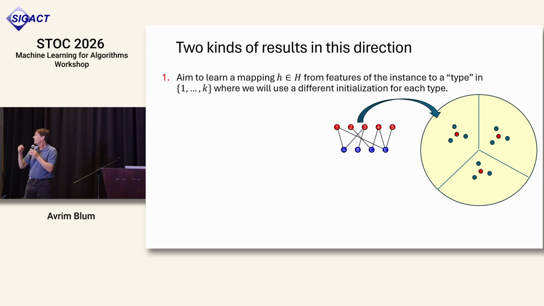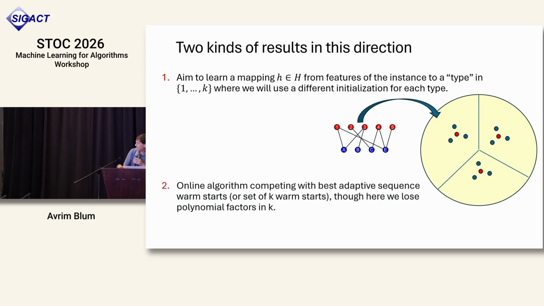So maybe we'll run some function h. It'll give us a number out, 1 through k, to tell us what type of instance it is, and then we'll use that to figure out, okay, say these red dots will be the initializations. Which red dot will we use? So let's try to learn a function and initializations